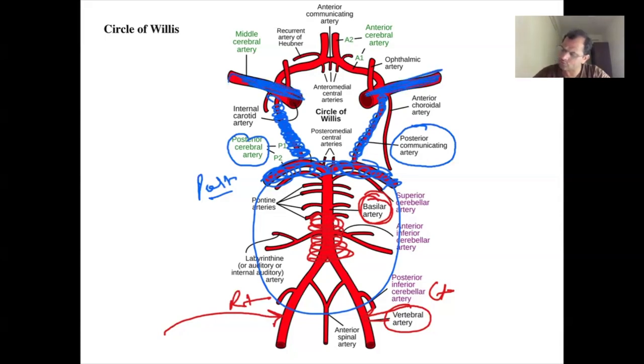So if there is a poor blood supply in the anterior part, the blood can go from here. So middle cerebral artery and this is the anterior cerebral artery, और इन दोनों के बीच में एक ब्रांच है, ऐसे देखो, इन दोनों को मिला रही है एंटीरियर कम्युनिकेटिंग आर्टरी।